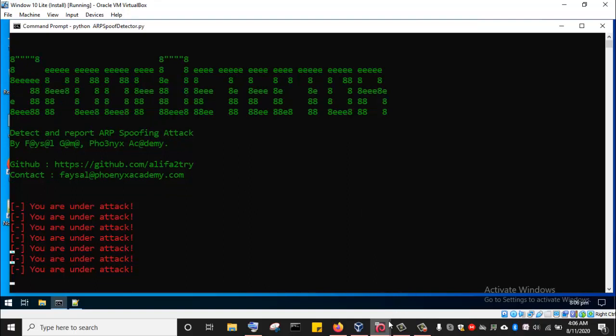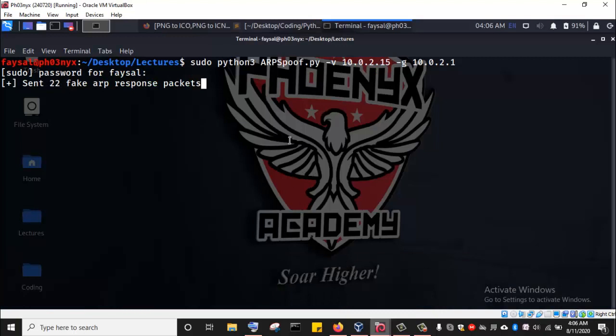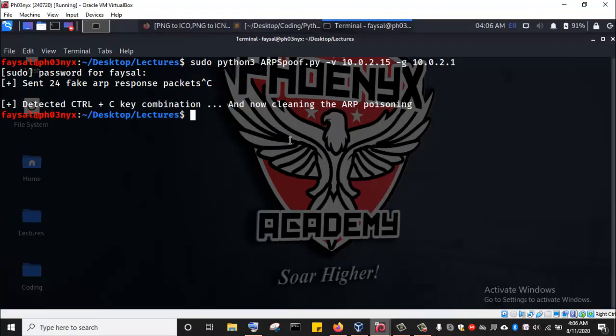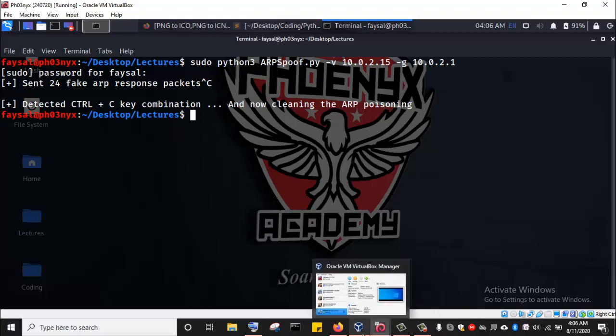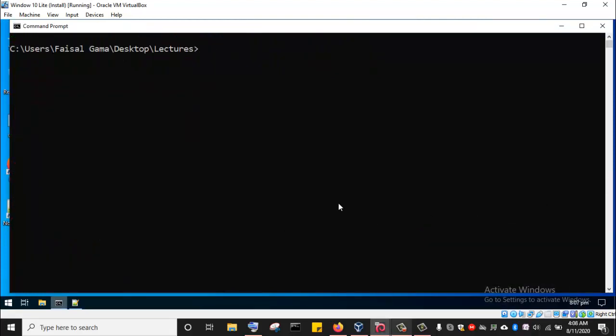All right, so now I'm going to stop the attack so that we can see how we can package this into a Windows executable program. So I'll just stop here, Control C. Then I can go back to the Windows machine as well, to stop the program. Now to convert